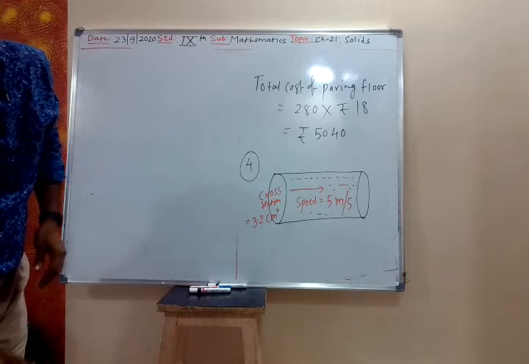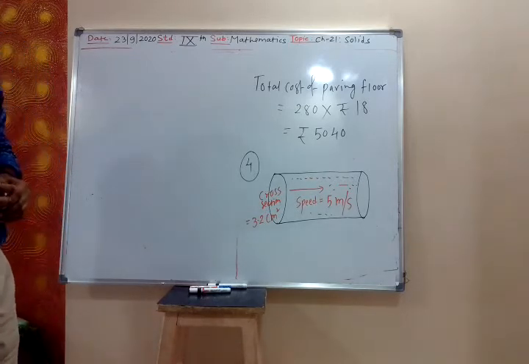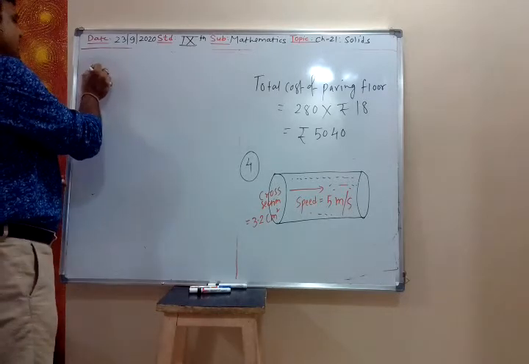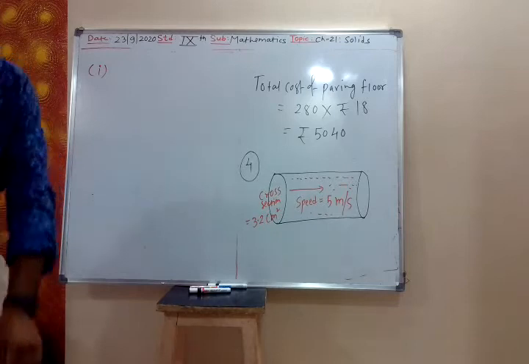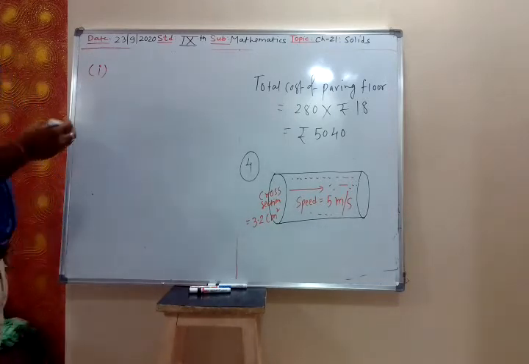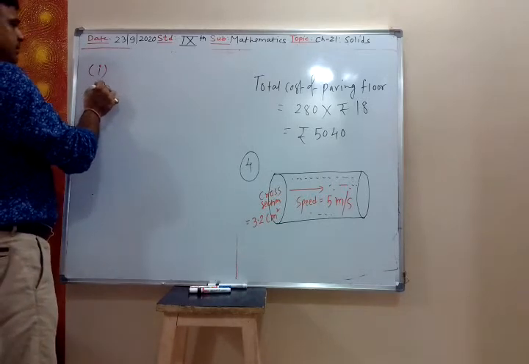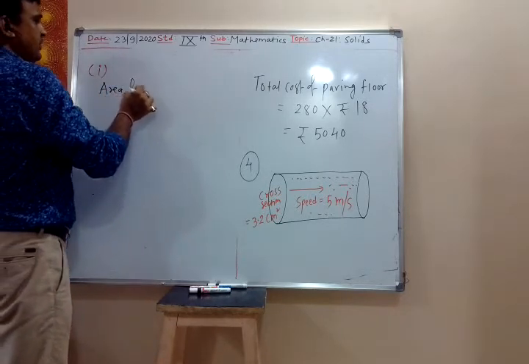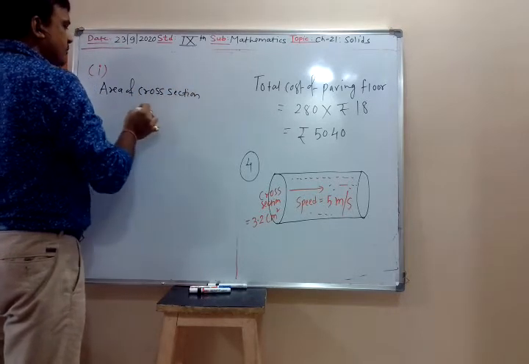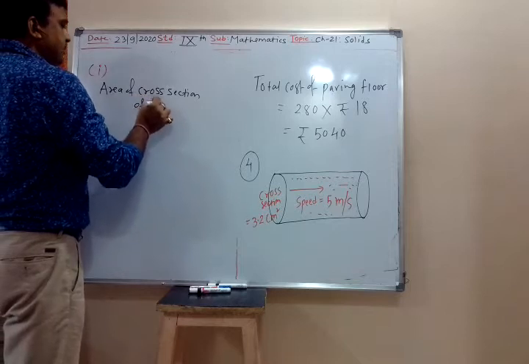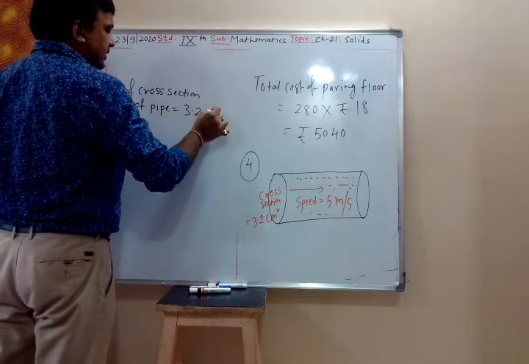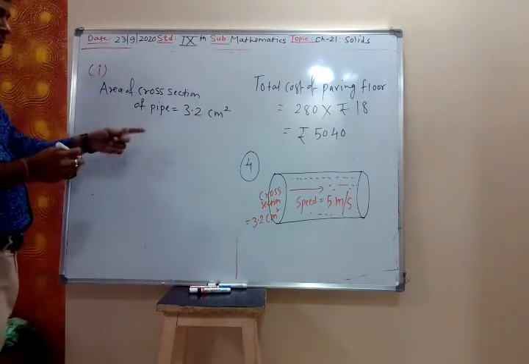First we have to calculate per centimeter cube. So now what we do, see here first. The area of cross section of the pipe is 3.2 centimeter square, and the speed of the water,